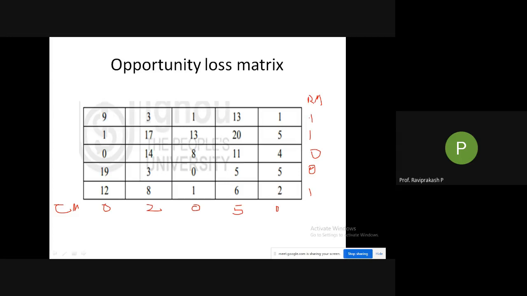Mark all the values with circles which are not cancelled out. Then find out which is the smallest value out of those. Then add that value at the intersections, and subtract it from all the circled values, and all the other values where you have cancelled will remain the same. After doing that, again start with the rows. Find out whether zeros are there, and cancel the columns. That has to be done. I think you guys forgot about it. How to do it?